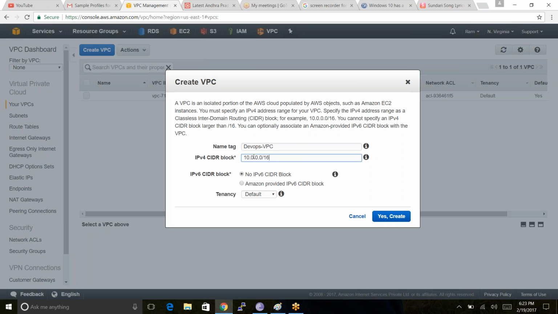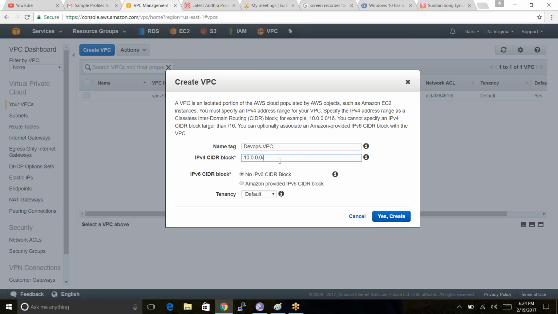So these first two numbers will be constant, and the other two will change. The 16 means these two parts are constant, and in the last two you can give whatever number you want. If you keep /24, then these three parts will be constant, and only the last one, this zero, will change.